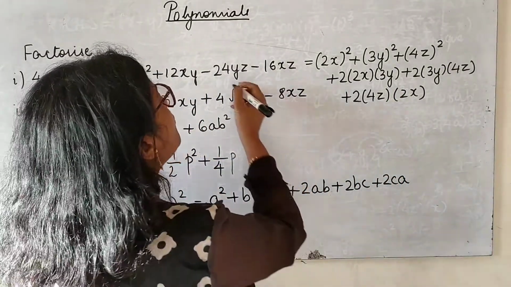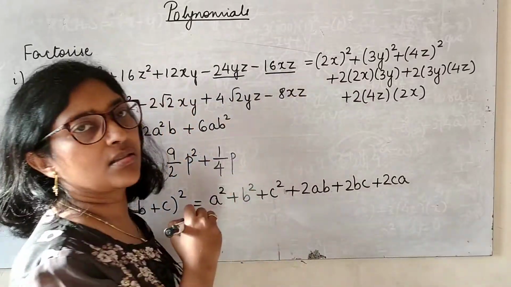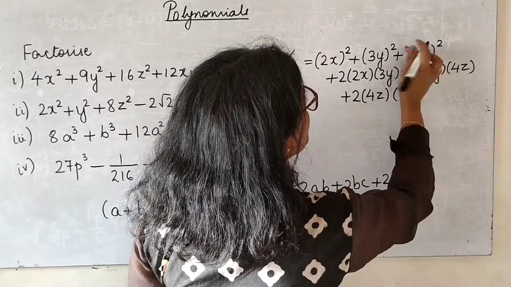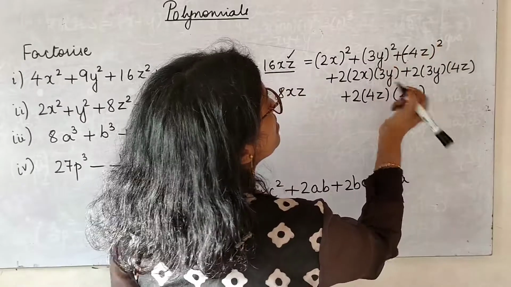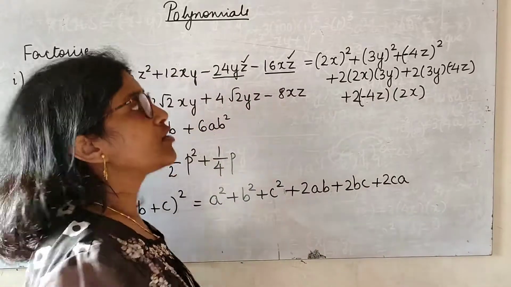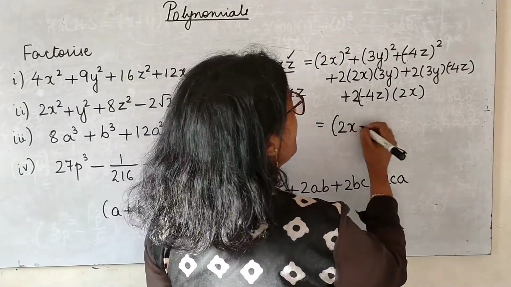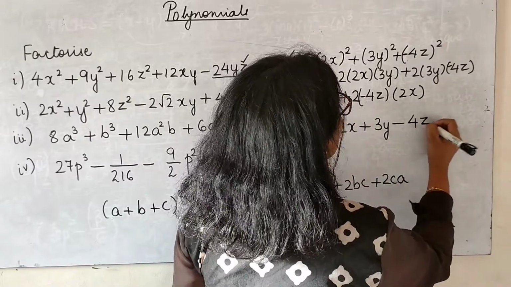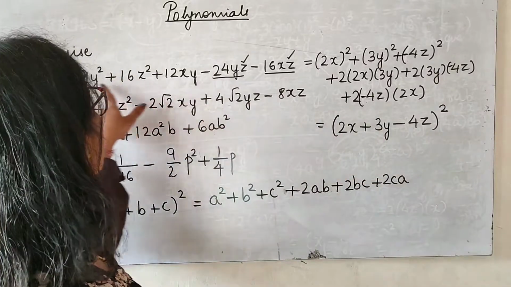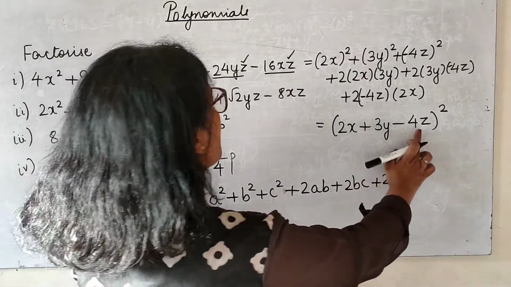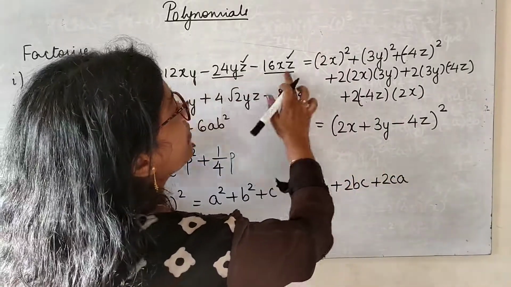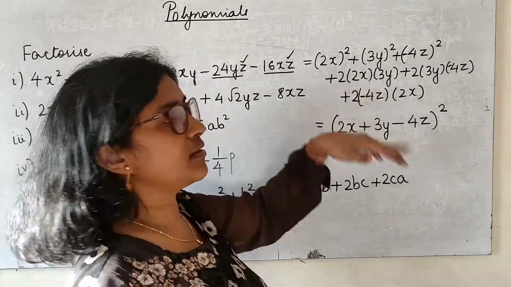So check now which term is common in this. It is z. So wherever we have a z term, we will put a negative sign now. Minus. Wherever there is z, minus 4z and minus 4z. So that becomes a plus b minus 4z the whole square. Now you expand and check. 4x square, 9y square, 16z square, 2ab. So that will give you, okay, that's what we have written here, reverse.